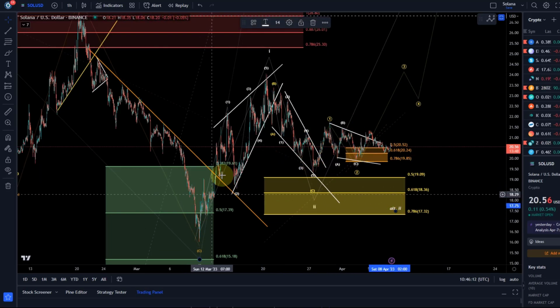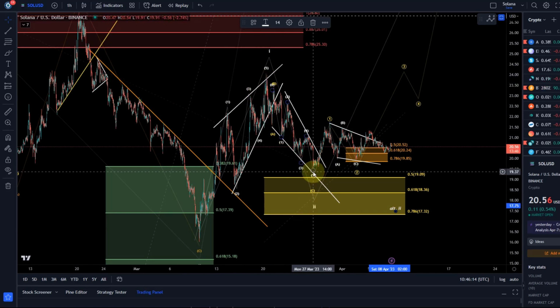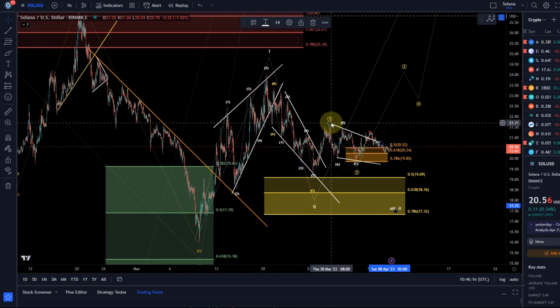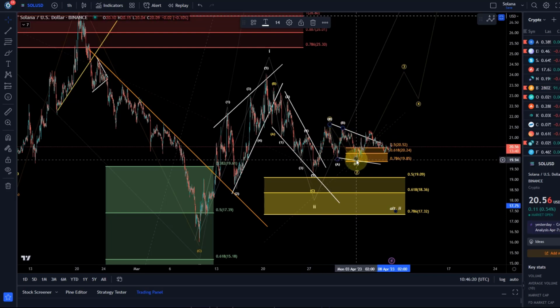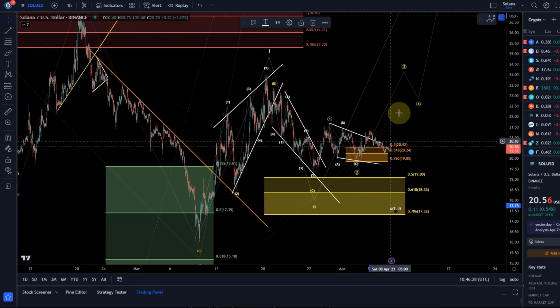So we might have here a wave 1, a wave 2, which then bottomed on the 27th of March, then another wave 1 to the upside here, which peaked on the 30th of March, with a wave 2 to the downside in an ABC structure, which bottomed on the 2nd of April. We could now be in a third wave in another 1-2 setup. But it would really need to rally now.